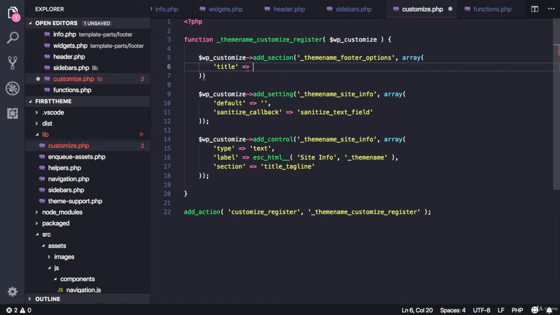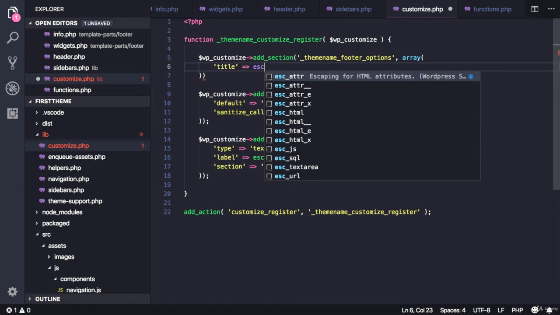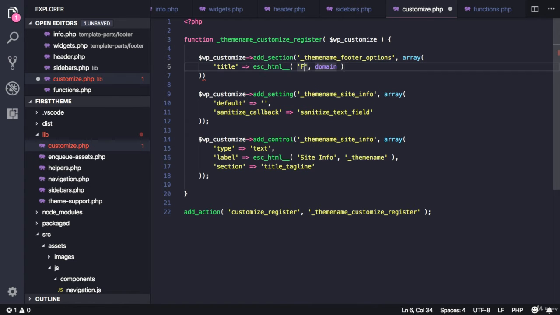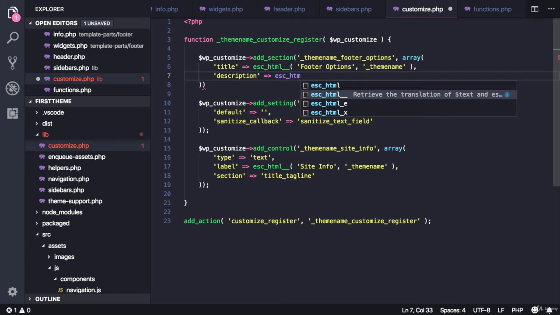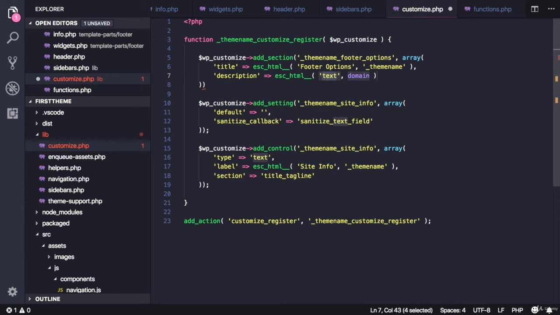So escape and translate. Let's call it footer options and text domain, and you can also have a description. So could be some text like you can change footer options from here,